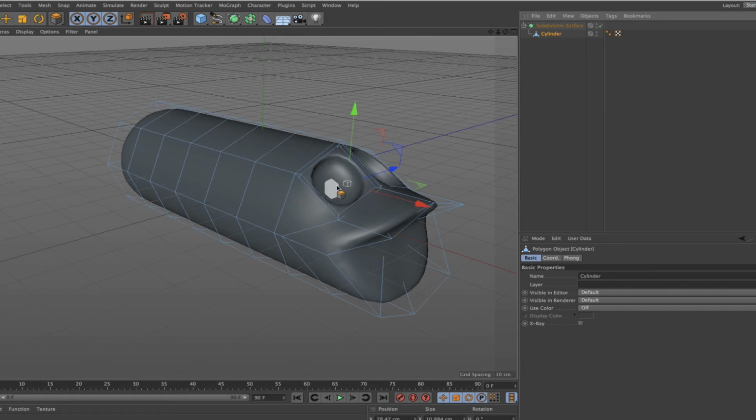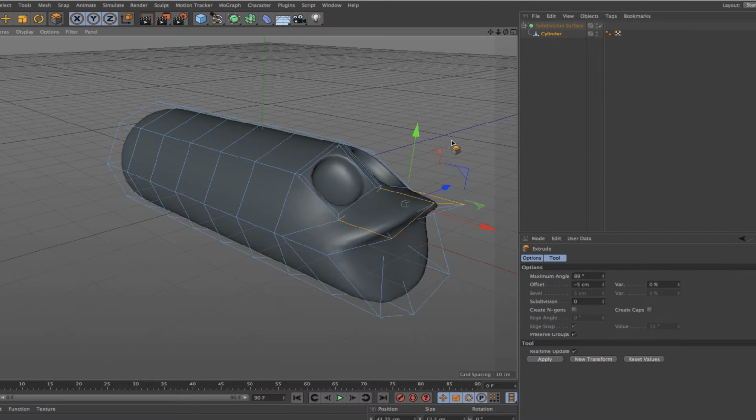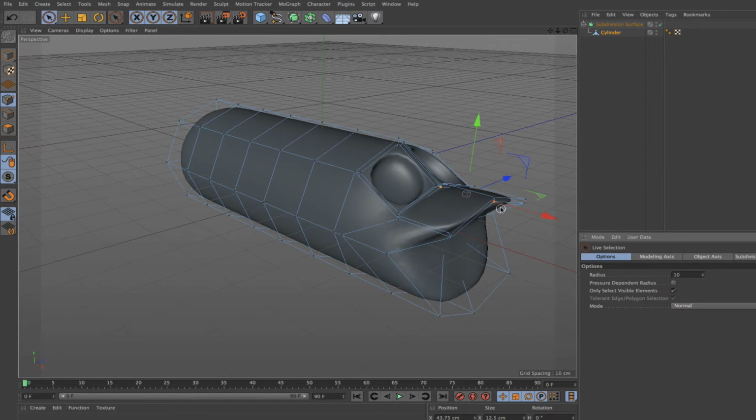If we grab a hold of these 2 polygons here, I'll just do a quick extrude on those of, I think, probably about 1 centimetre, just to give it a little bit of extra depth there. And then I'm able to go back into points and drag this upwards to give a little bit more depth here. Pull this one downwards,